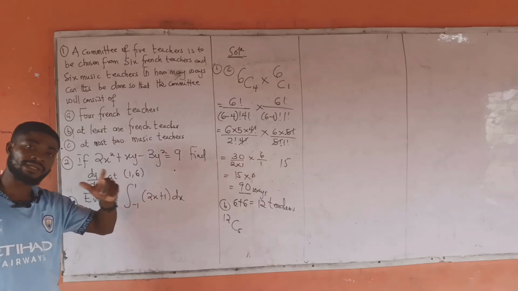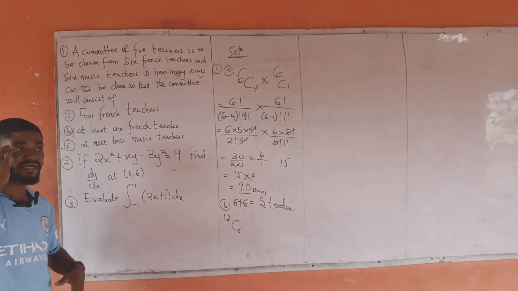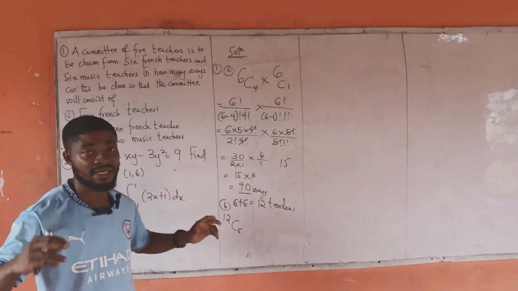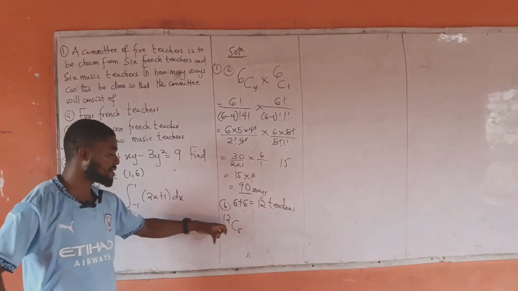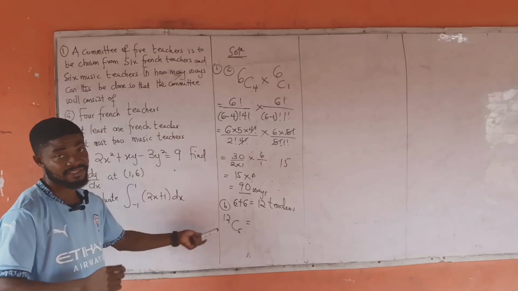at least one of them should be a French teacher, meaning that the one which is not a French teacher would be the 6 combination 0, which means that there's no French teacher. Then we can maybe subtract that one from the total. So over here, we are going to have our 12 combination 5, which is